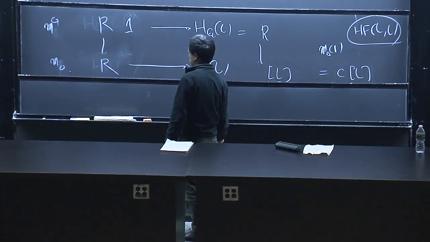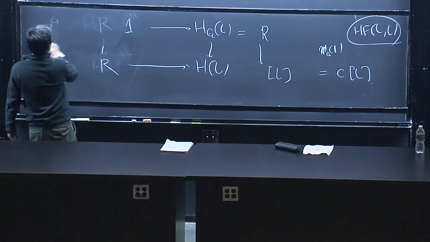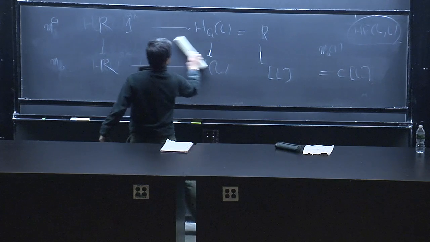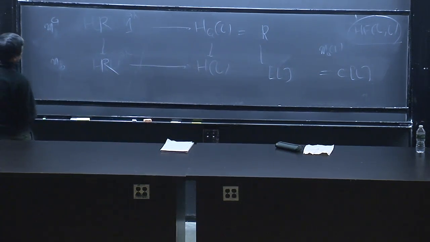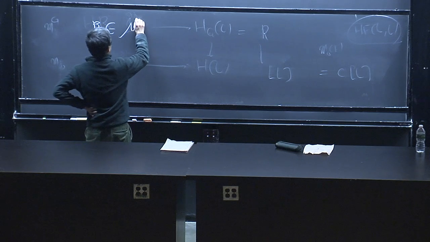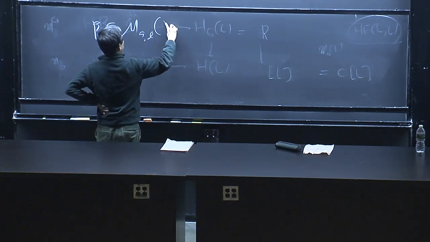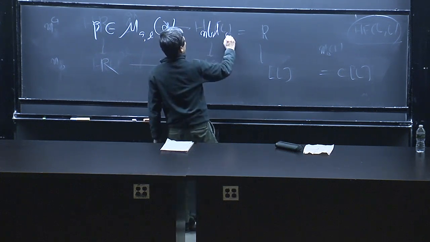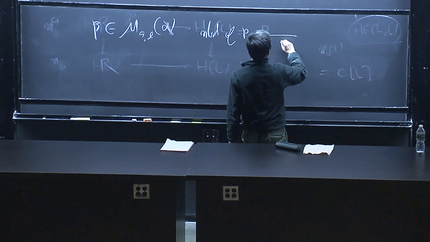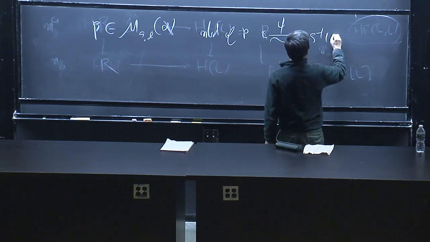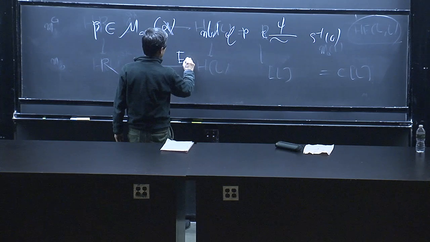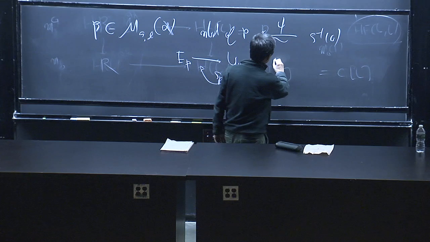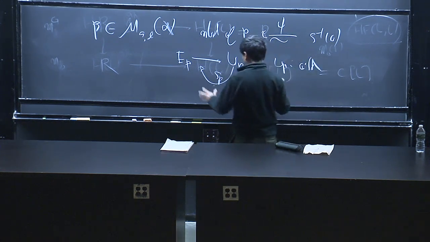Now there are several things we need to do, but to cook up these moduli spaces, what we use is the following. So for each p in this moduli space of alpha, we can represent its neighborhood of p as a map C from S inverse 0, and S is a section, so U_P is an orbifold, and E_P is a vector bundle.